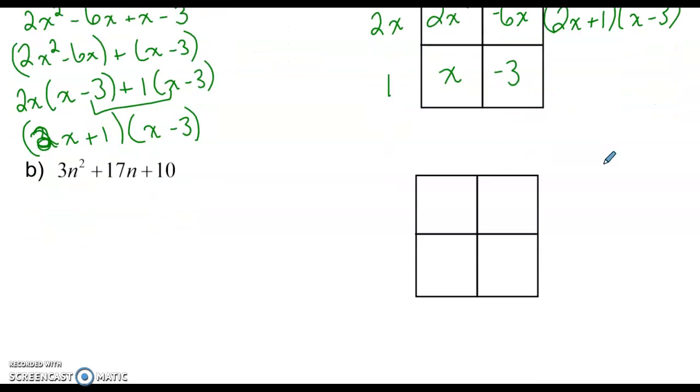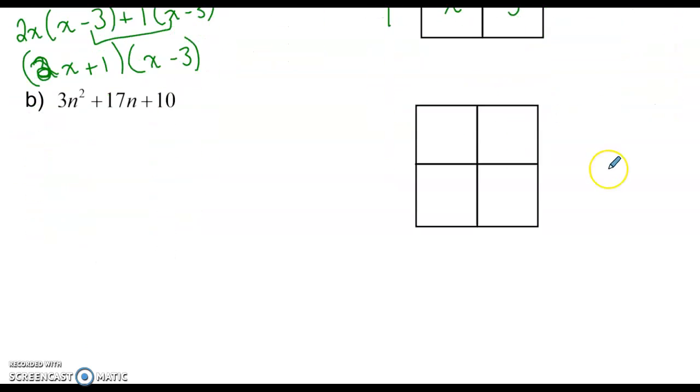For example B, I'm going to do that the same way. Again, I'm going to start off by looking for the numbers that give me a product and a sum. My product is going to have to be 30. So I want numbers that multiply to give me 30 and that give me a sum of 17. So things that multiply to give you 30 and add to give you 17 would be 15 and 2. So using decomposition,